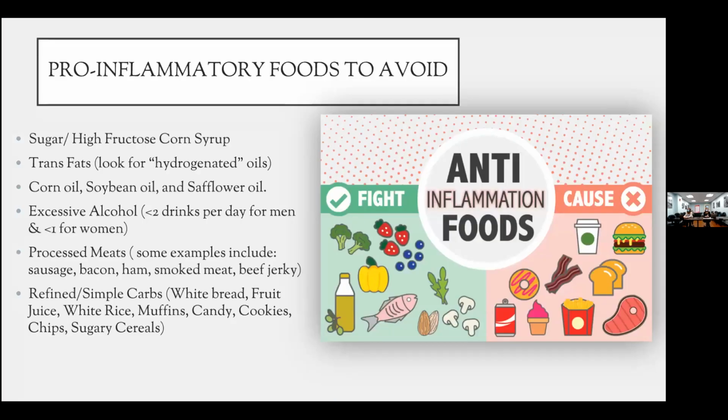So this graphic shows pro-inflammatory foods, or foods that create inflammation, so you would want to avoid these. When you have increased inflammation, your symptoms will be exacerbated. So some of these foods are sugar or high fructose corn syrup, trans fat, which you can look for as hydrogenated or partially hydrogenated oils on food labels, corn oil, soybean oil, and safflower oil, excessive alcohol, which would be